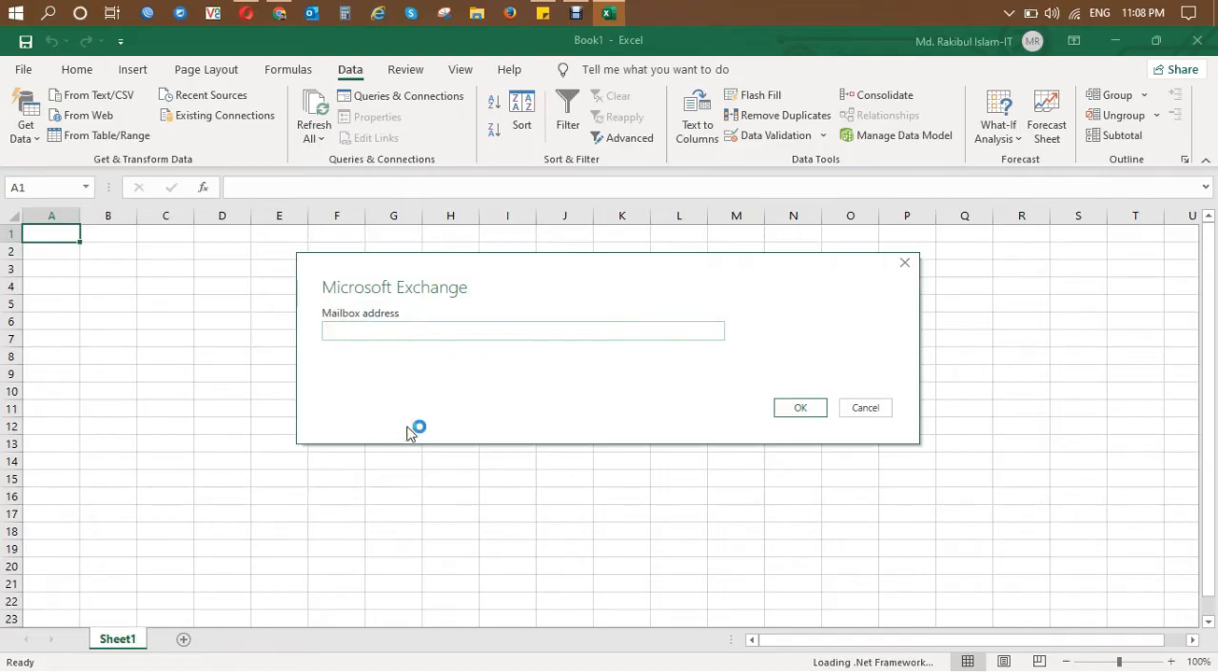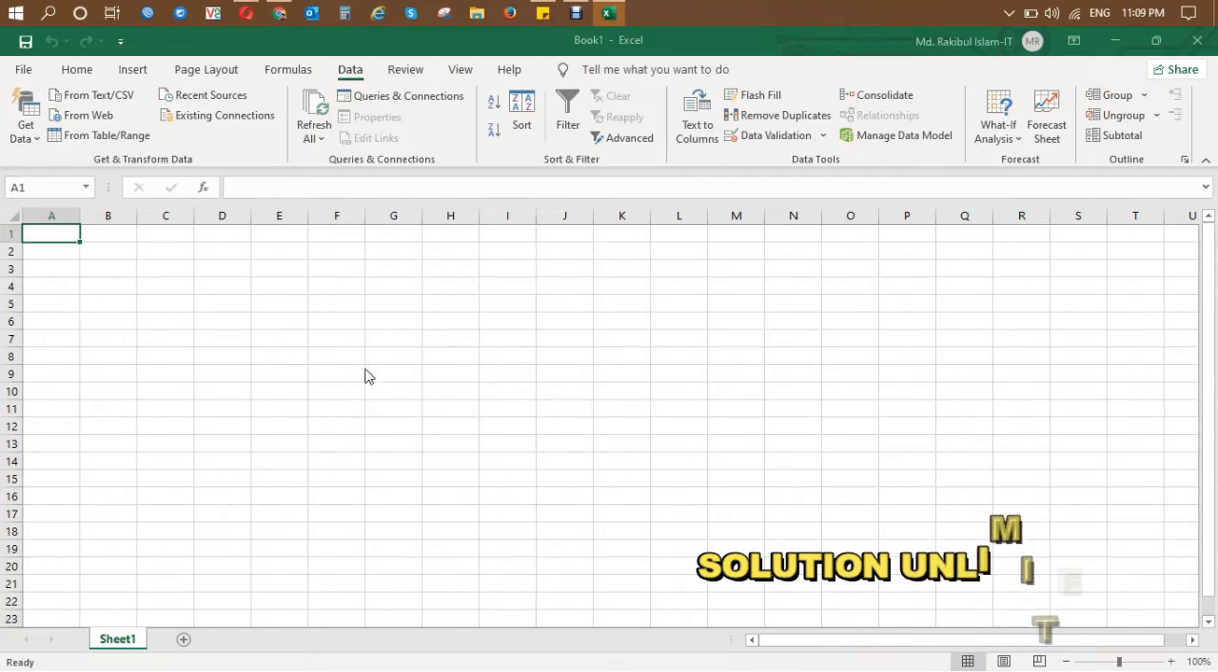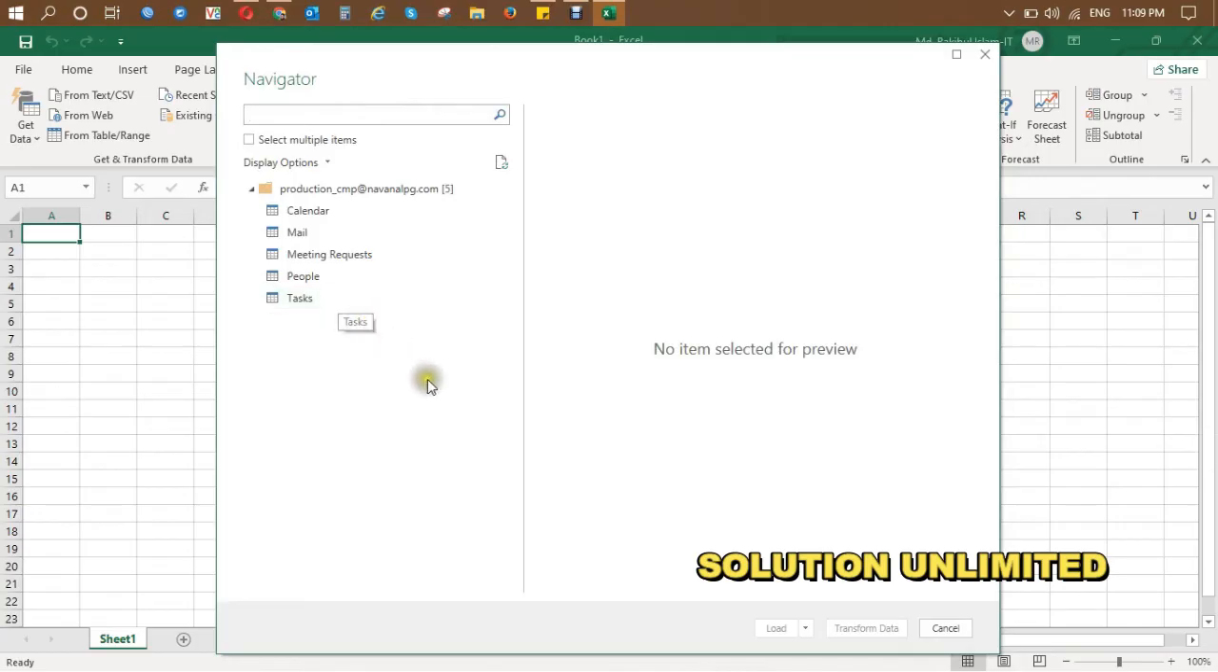Here, viewers, you have to give your mailbox address from where you want to get your data. I am giving that mail address. Okay, I have given that mail address, and after that I have to press OK. It is searching that mail address, and here,